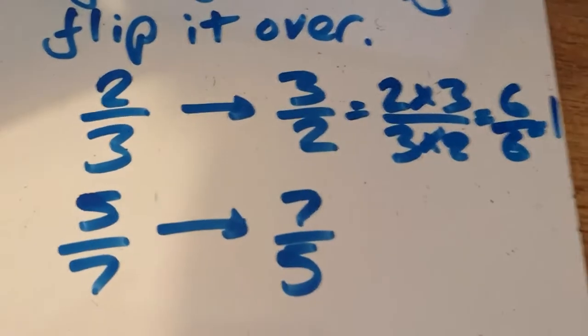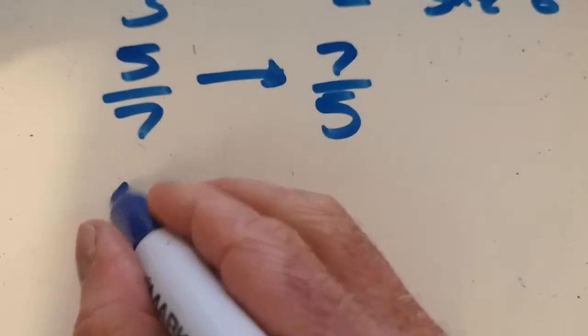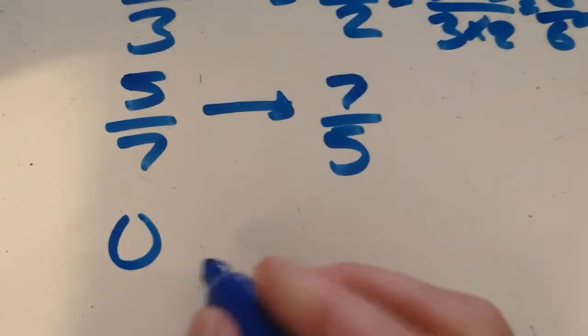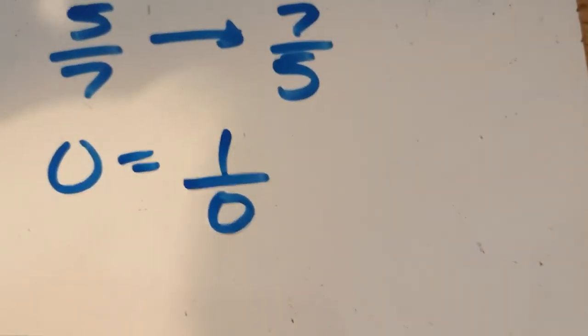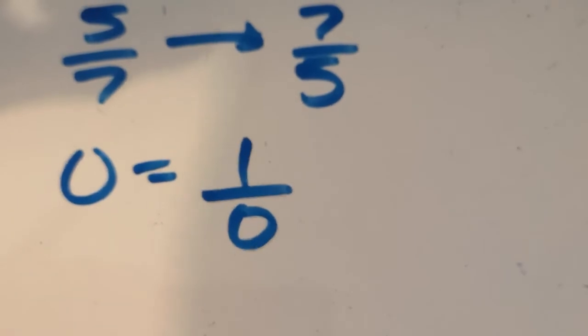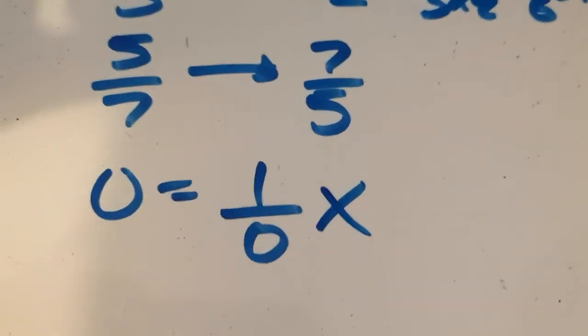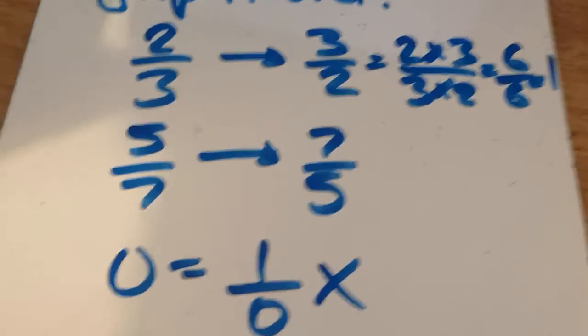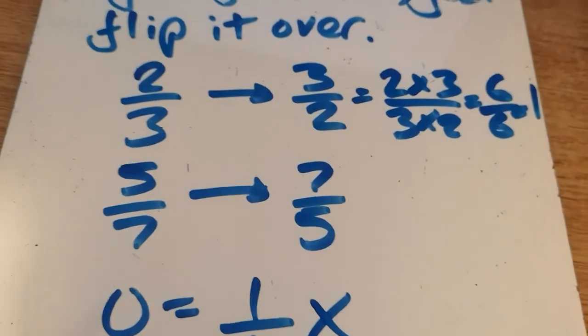One little thing as well, 0 hasn't got a reciprocal. If you think about it, if you try to do that, 1 over 0, which would be what the reciprocal would look like, you can't actually divide anything by 0, it wouldn't work. So basically 0, no reciprocal. But what we've just been looking at here will be very helpful when it comes to dividing fractions. So we'll be looking at that in a little